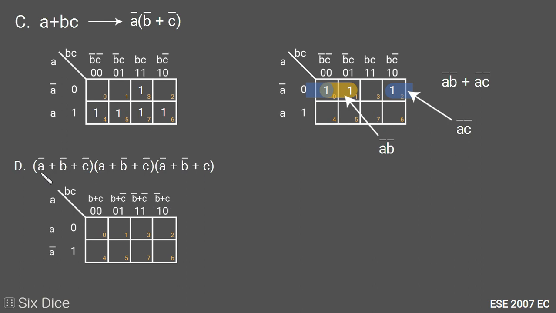So here the first next term is A bar plus B bar plus C bar, so A bar is here, B bar plus C bar, so we need to put 0 at the 7th cell. Now the second next term is A plus B bar plus C bar, so A is common in the first row and B bar plus C bar, so we need to put 0 at the third position, and in POS we use 0 instead of 1. Now the third next term is A bar plus B bar plus C, so A bar here, B bar plus C, so we need to put 0 at the 6th cell